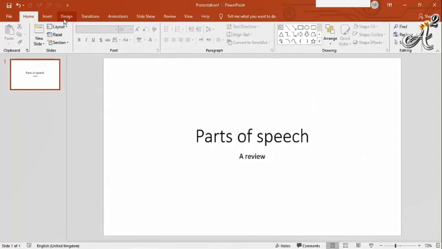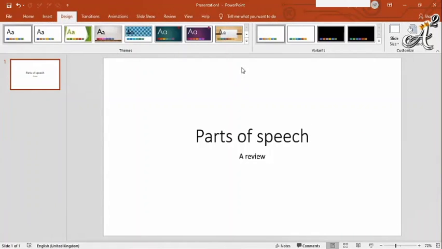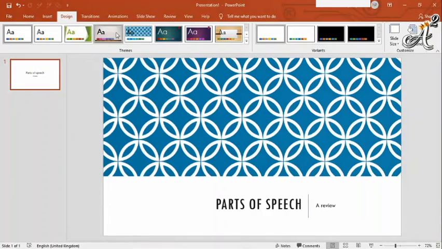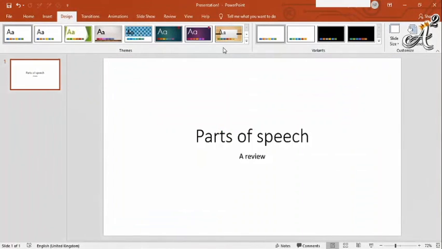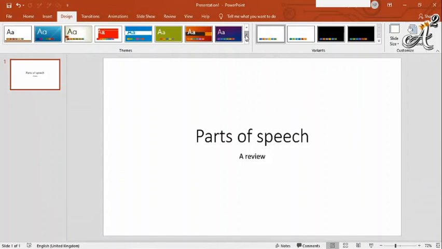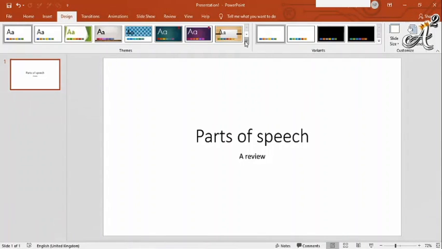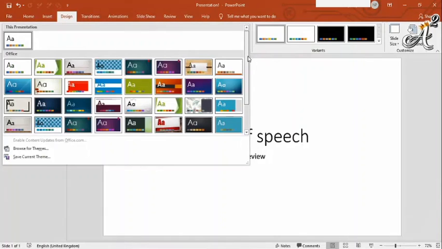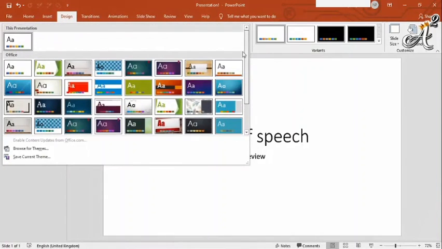I can go to the design tab, and over here I got a bunch of very nice things, but only 1, 2, 3, 4, 5, 6, 7, 8. Only 8 are visible for me in this whole thing. But if I want more, I could click on this, or I could just go with the arrows button. You got a list of